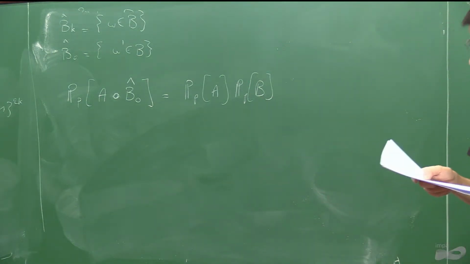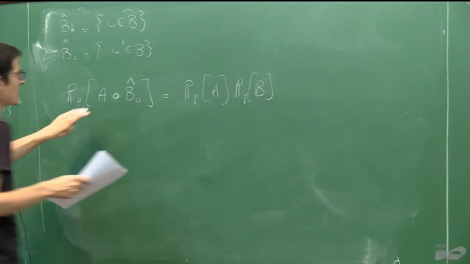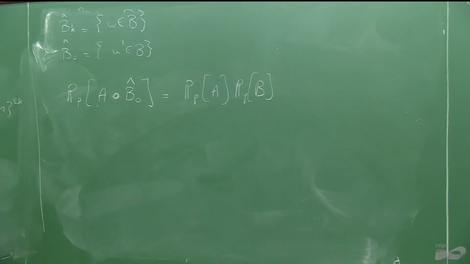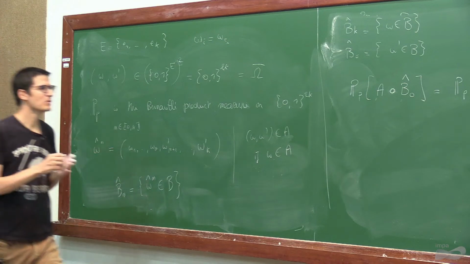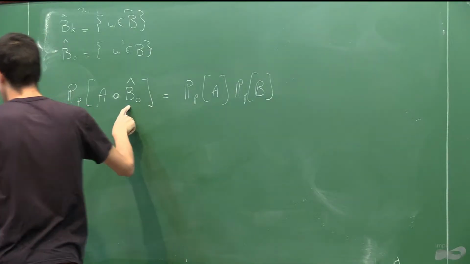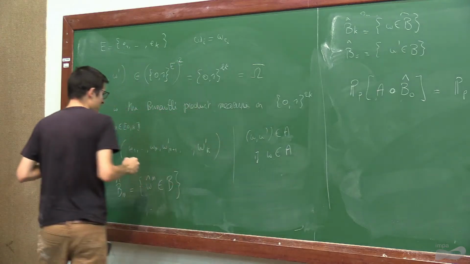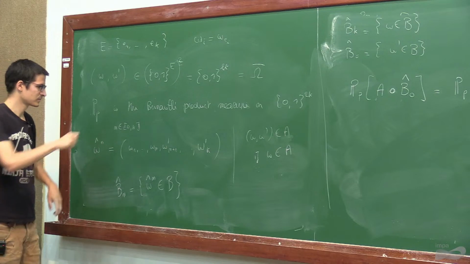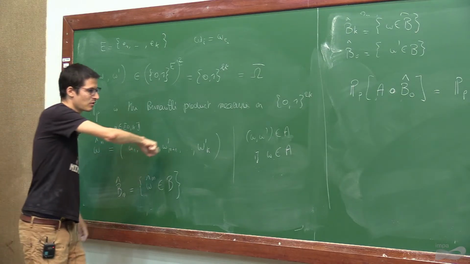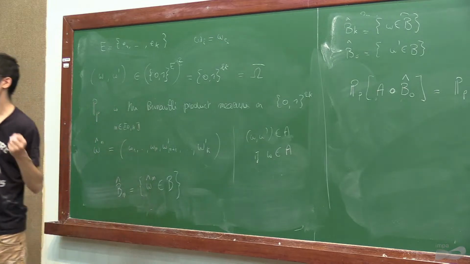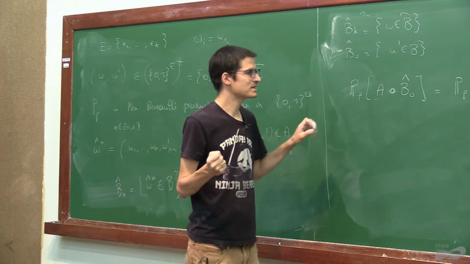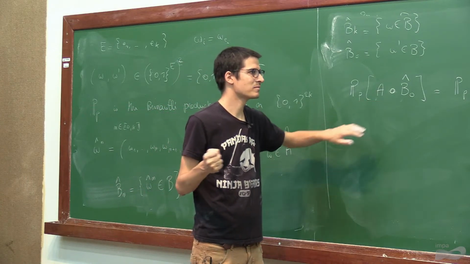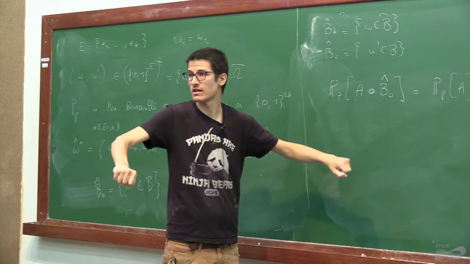Okay, so if I'm trying to satisfy disjointly A and B0, I know that to satisfy A, I can only use variables omega. And to satisfy B0, I can only use variables omega prime. So here I can only use the first set of edges, and here I can only use the second set of edges, so these things will naturally be disjoint. So it's exactly the probability of the intersection, and because they are relying on disjoint edges, these things are independent.